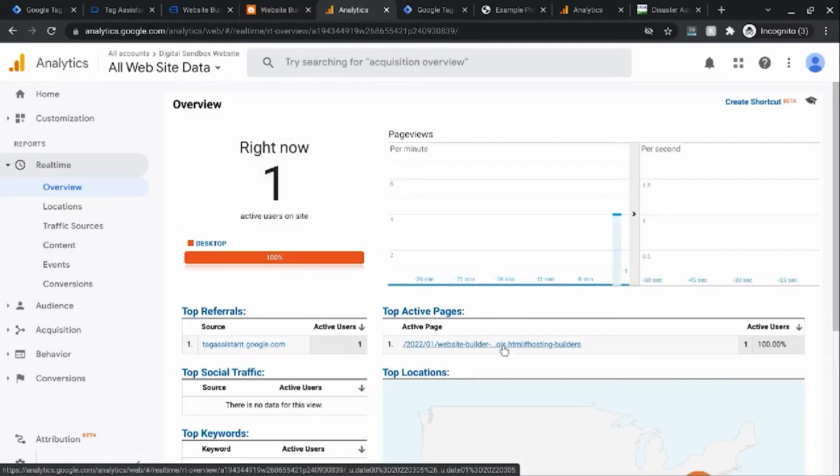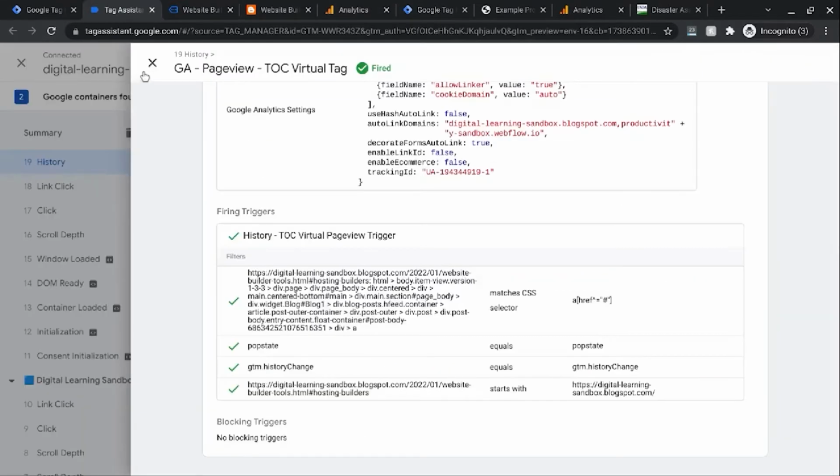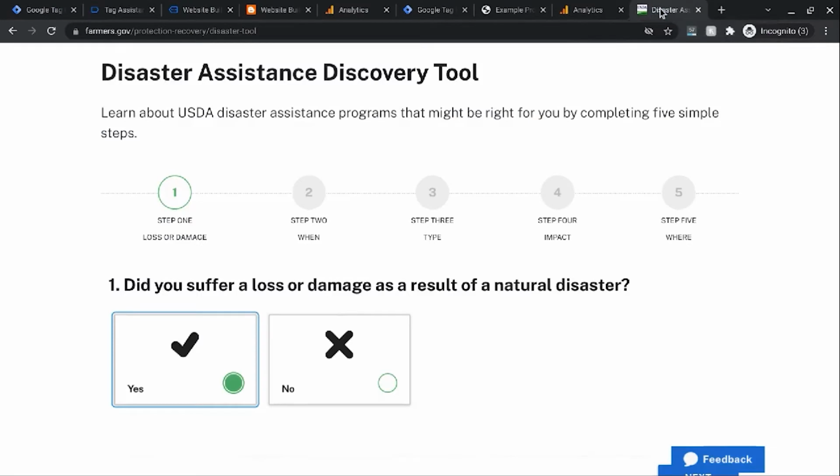So here's our active page, and there's our URL with the fragment. So let's move on to the next scenario where we want to track something like a process, like a checkout process or a registration process, some type of funnel on the website. So one example of this is